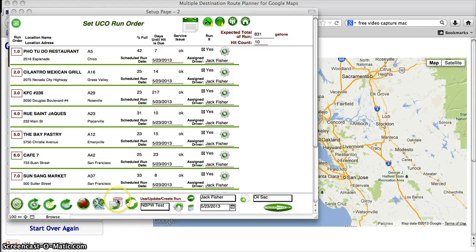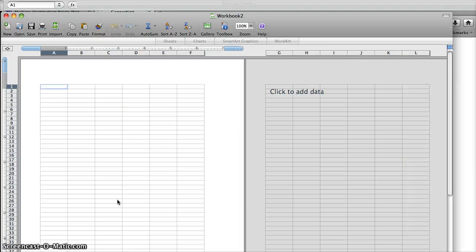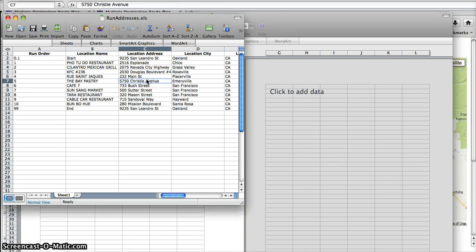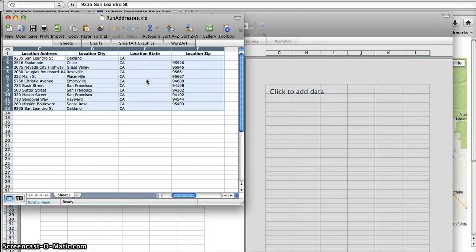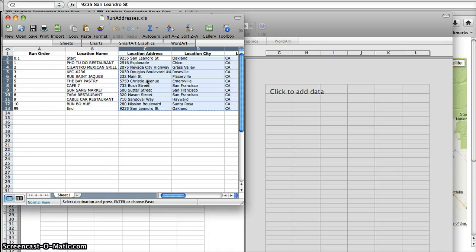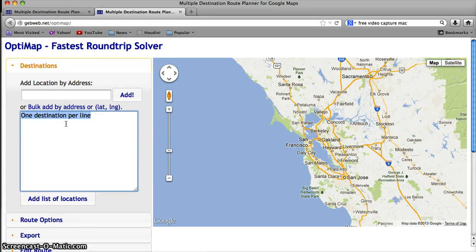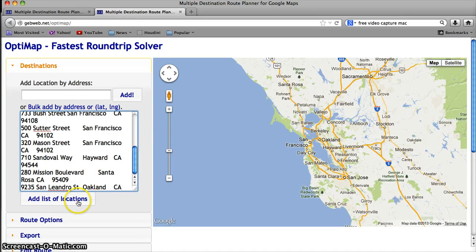Alright, so we're going to export this list to an Excel file and our run optimization software. The program will launch Excel as well as Optimap through our web browser. Optimap is this mapping software we use that allows us to route up to 100 locations. But starting with Excel, we're going to select the addresses from our run list, and then we'll go over to the Optimap website, go to the bulk add of addresses, paste the addresses into that box, and add the list